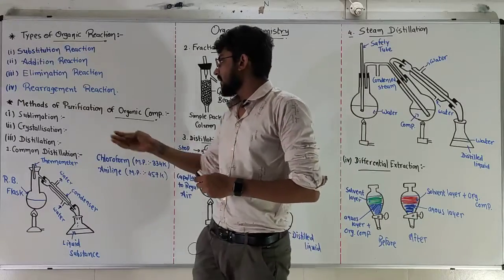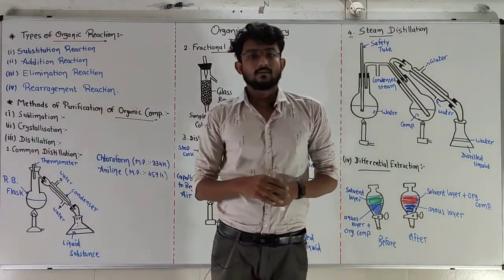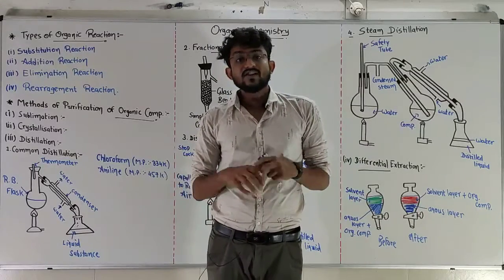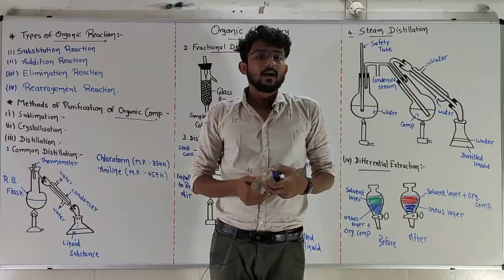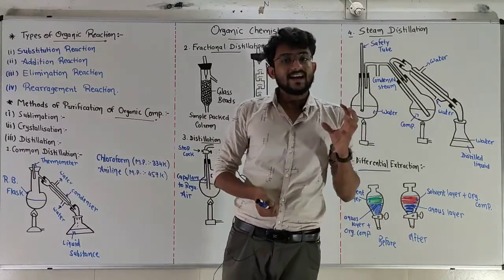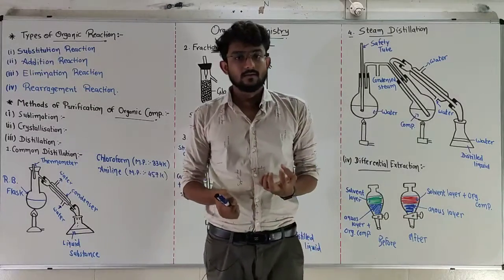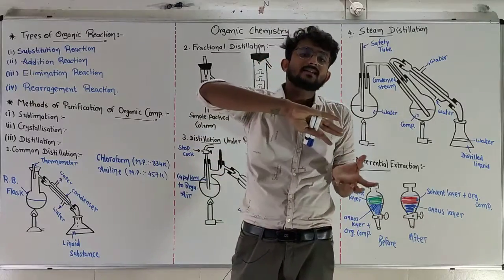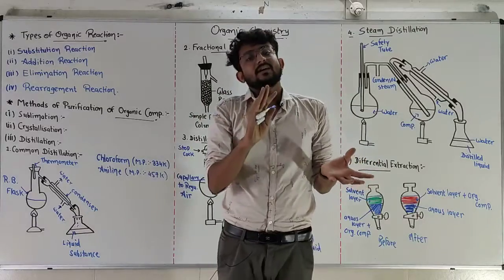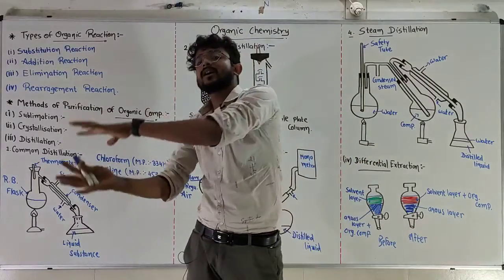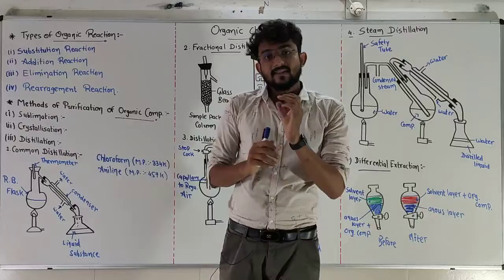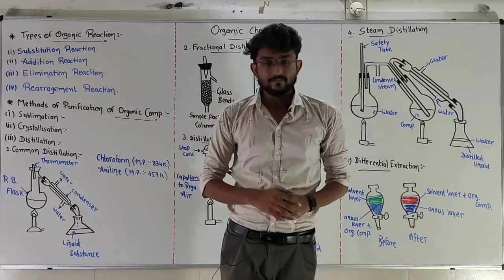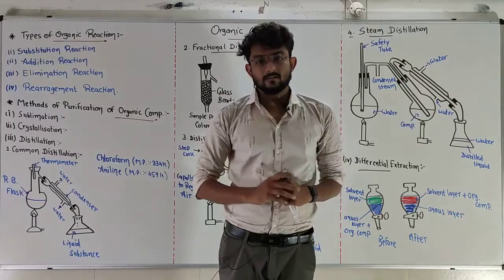In the first method, we are doing sublimation. What is sublimation? Which reaction is known as sublimation? It is quite simple. If any compound is solid, and after heating it bypasses the liquid state and directly converts into the gaseous state, then that type of reaction will be known as a sublimation reaction. For example, camphor.